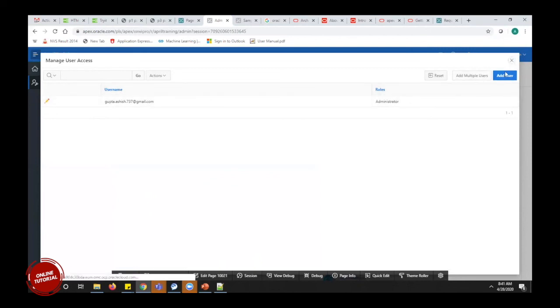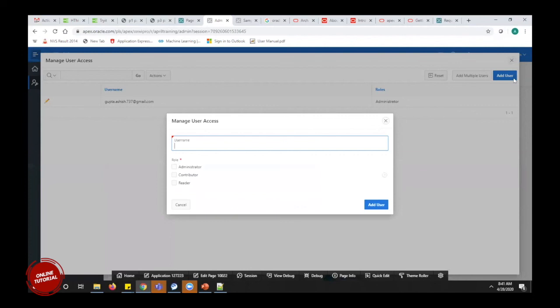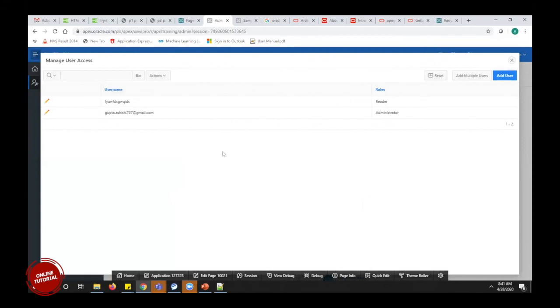If I click add user, I give some other user not the administrator role but a contributor or a reader role. When I click add user, that user is not able to make any changes directly in the application in the other server, other than development.